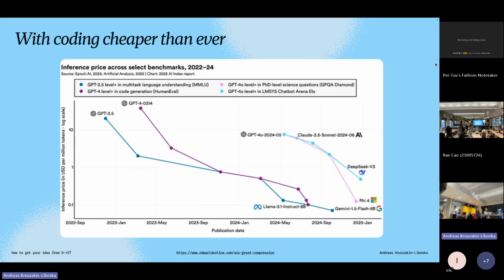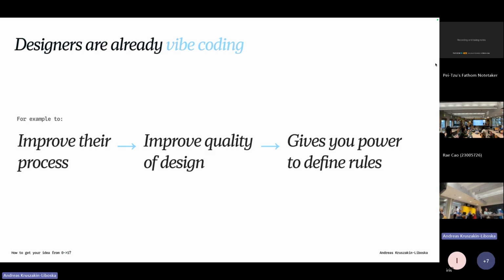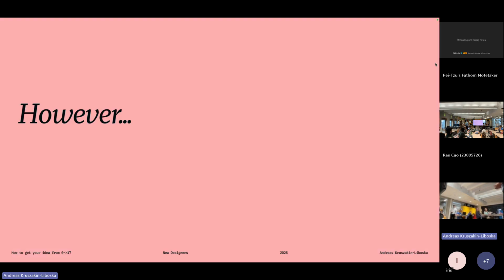So it's an insane opportunity. Designers are already vibe coding. We improve our processes with it, the quality of design, or it just gives us power to define new rules. And combined together, it allows us to make true progress on shipping fast prototypes and communicating what we always do with stakeholders, but even easier because these are functional screens. However,